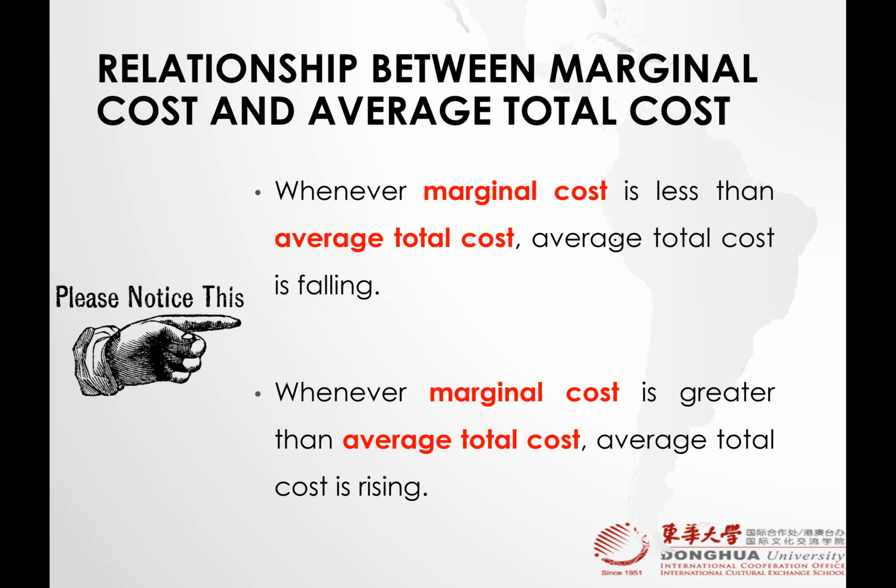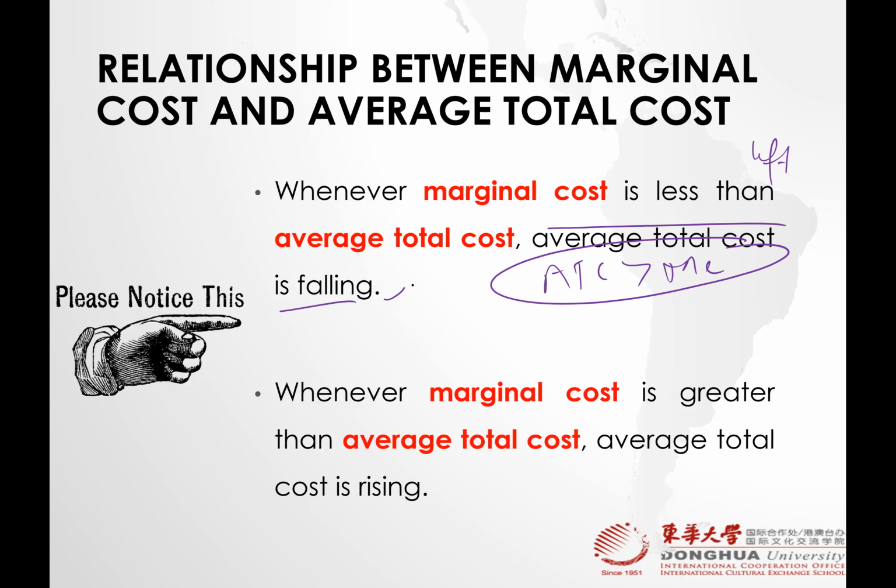So whenever marginal cost is less than, okay, this is the right side. Not sorry, this is the average total cost is greater than MC. What is this? It is called the left side, which means by producing more, total cost is falling. The result is an increase in production.